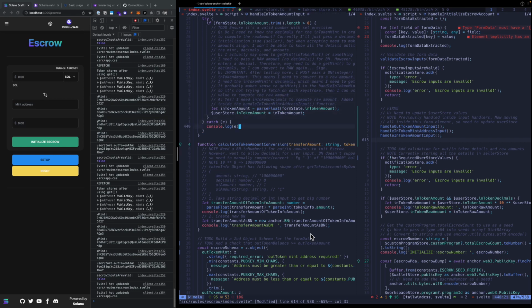Where else am I using this? I don't know if I'm using this anywhere. This was something I was experimenting with. Yeah, it was declared but never used. I mean, these are like